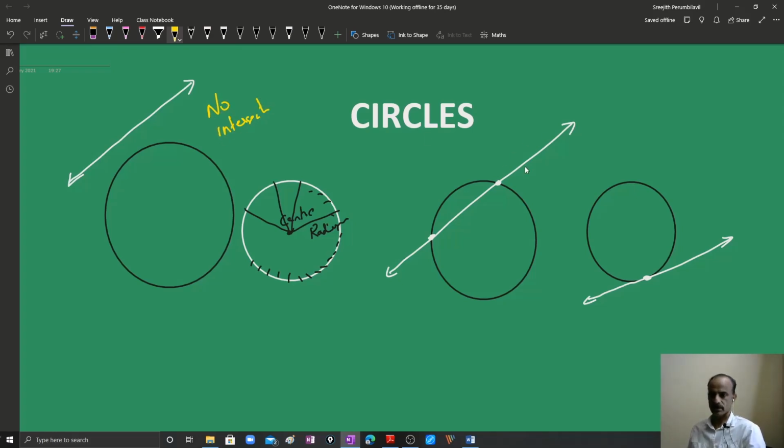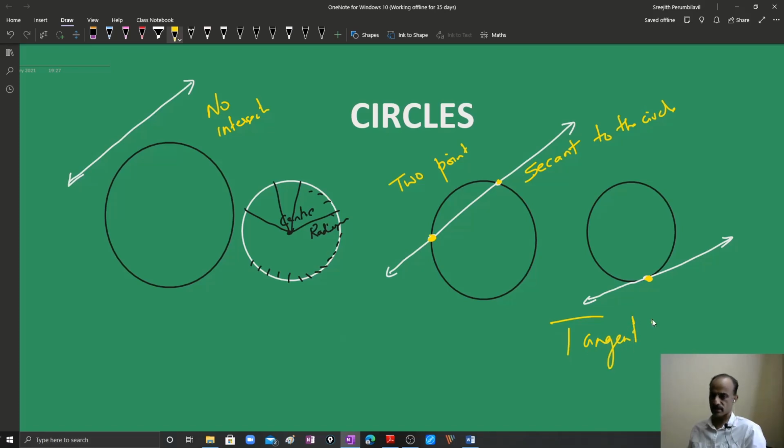Here there are two points of intersection, 2 points where the circle and the straight line intersect. In this case, it intersects at exactly 1 point. So we make a difference between these. In this case, the line is called a secant to the circle, and in this case, it is called a